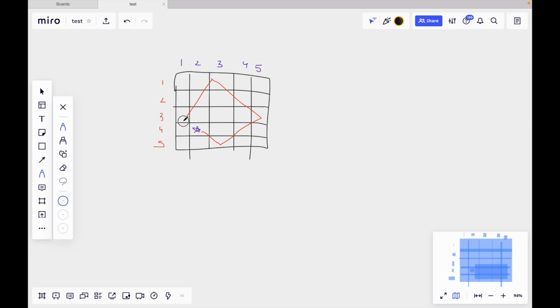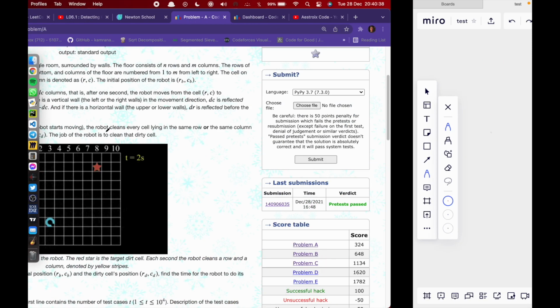So this will be its path. First it goes in this direction, then in this direction, then this direction, then this direction. So it's basically getting reflected from the walls.